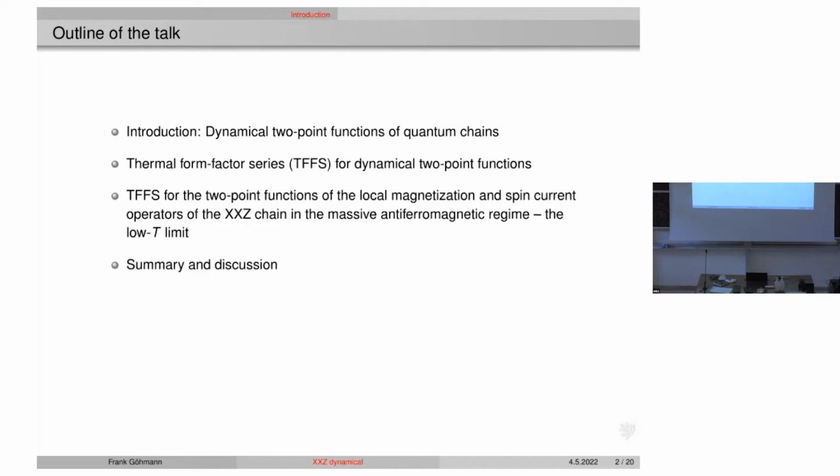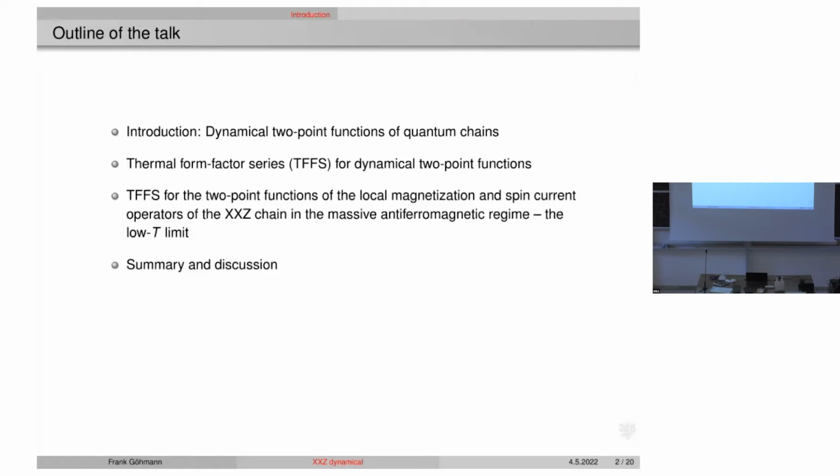Actually, first I thought I would talk for an hour, and there was a part about the XX model. For the XX model, we worked out the full thermal case, and there is another representation we could compare with, which was obtained a long time ago by Its, Izergin, Korepin, and Slavnov. These series have completely different asymptotic properties. Our series has the property that in the space-like regime, the first term in the series determines the asymptotics. So we can obtain the asymptotics by simple saddle point analysis and don't have to use more elaborate matrix Riemann-Hilbert techniques. Since there's not so much time as I expected, I'll skip that part and only talk about the second part,